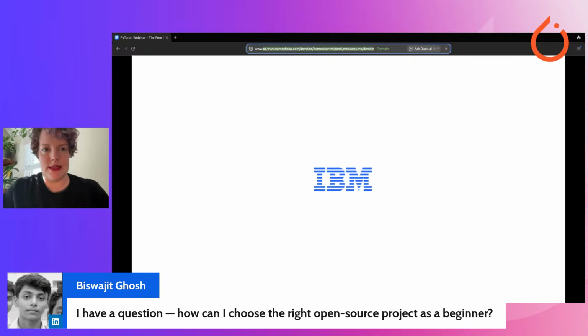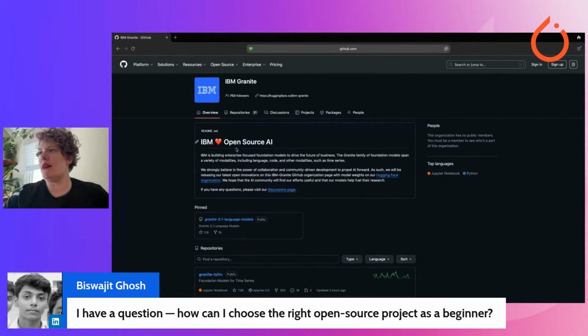What I'm going to do is go to a specific project. This is not a project I'm necessarily saying you should get involved in, though you obviously could because it's an open source project. It's just so that when you're looking at an open source project, you can have an idea of what to do when you're first jumping in. If there is a particular project that you are leveraging, like PyTorch, for example, I'm going to look at IBM Granite because that's a project I helped to open source and I've contributed quite a bit to behind the scenes.